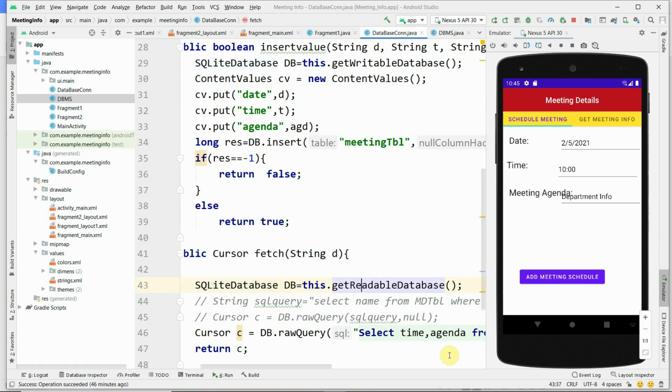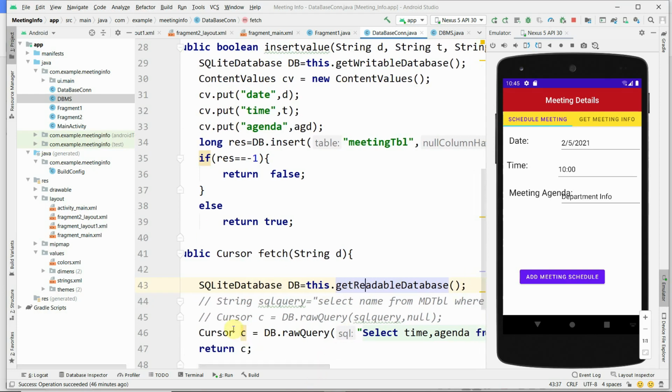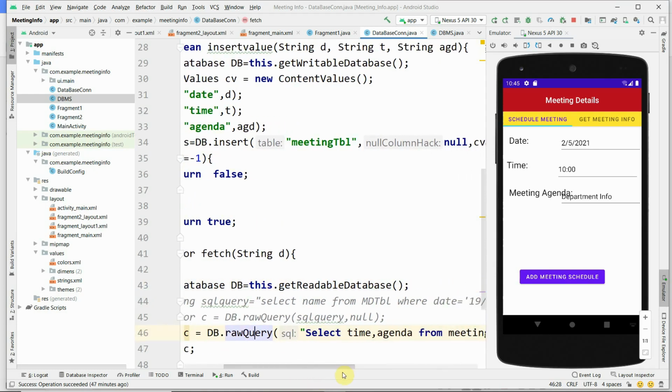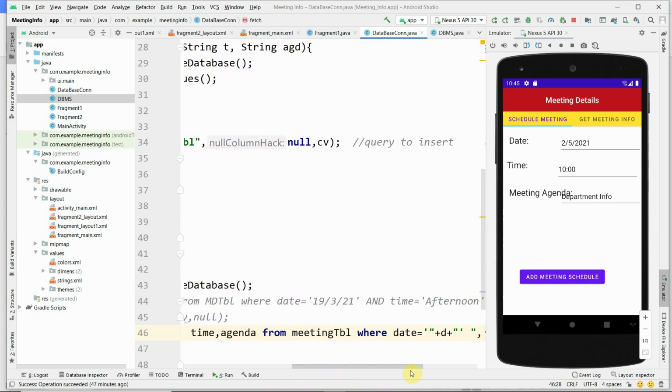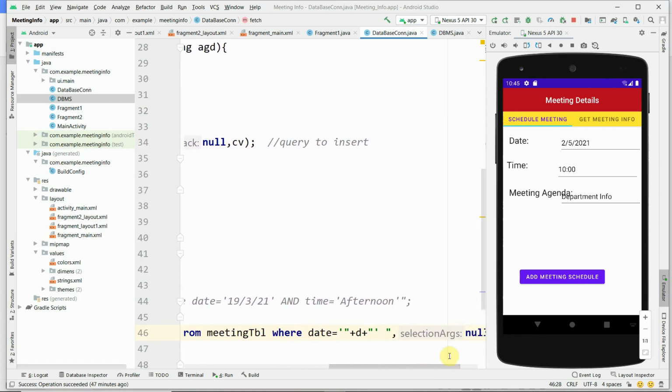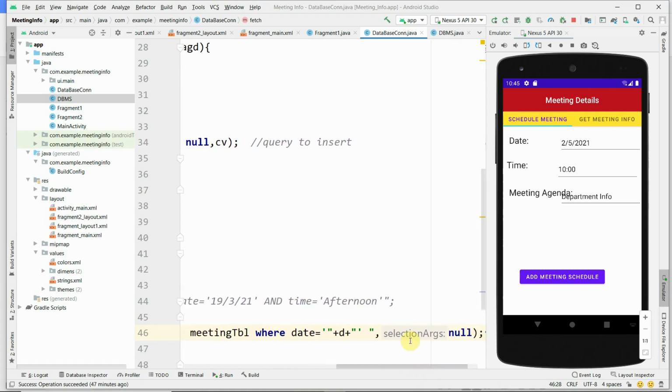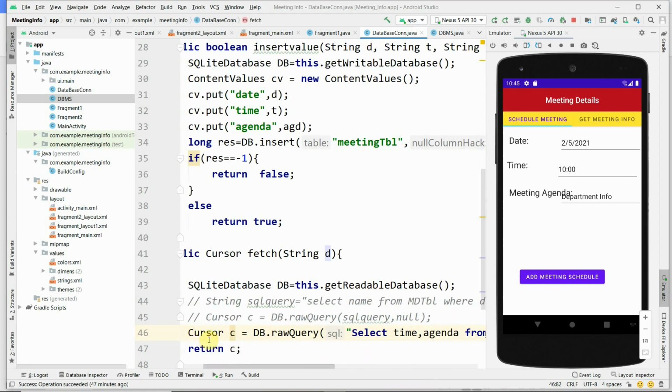Then Cursor c equal to db.rawQuery, and select time, agenda from the meeting table where date equals the transfer date from the main function. The transfer date is d. It retrieves the meeting agenda according to the transfer date.